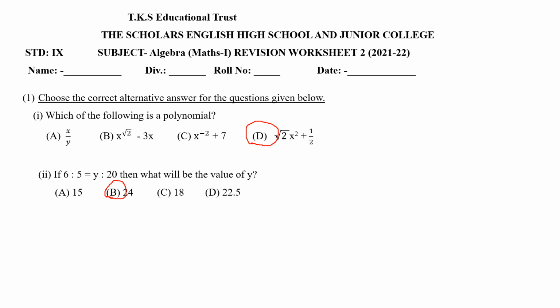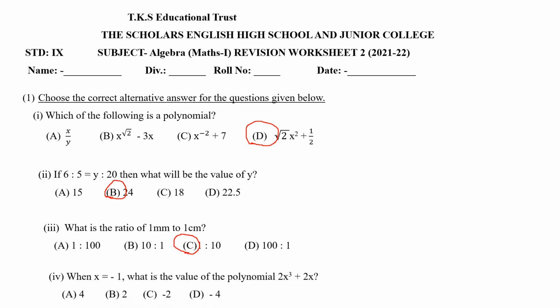Then next, what is the ratio of 1 millimeter to 1 centimeter? Now, for ratio, you have to remember that the units have to be the same. So now 1 mm to 1 cm. So you convert 1 centimeter to millimeter. So 1 centimeter is equal to 10 millimeter. So you will get the ratio as 1 is to 10. So option C is the correct answer.